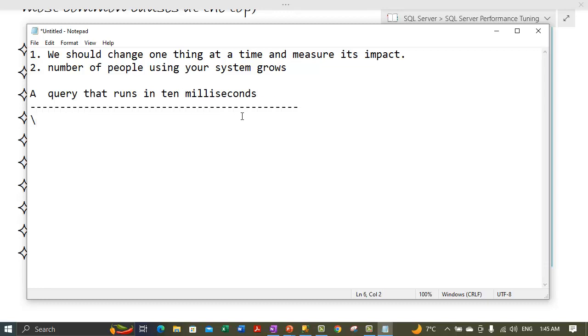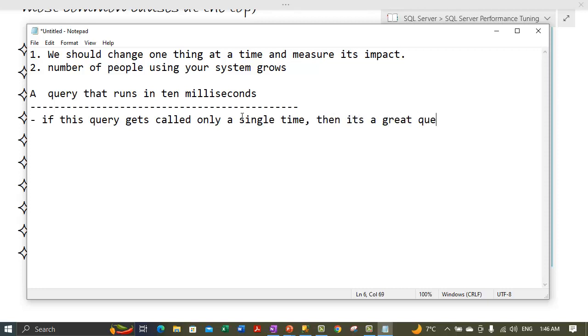We cannot say that it's a great query. If this query gets called only a single time, then it's a great query, right? And if we optimize this query to run within 8 milliseconds maybe,